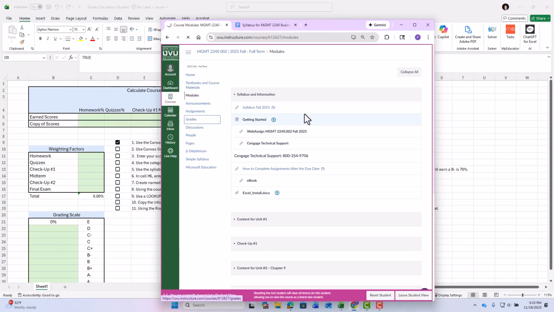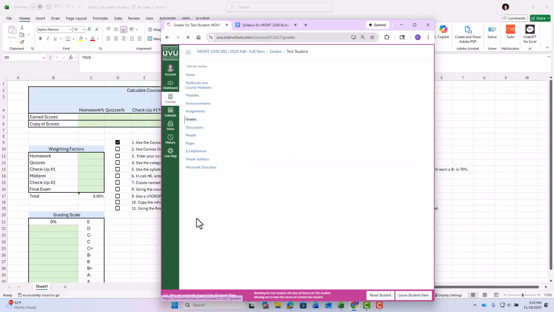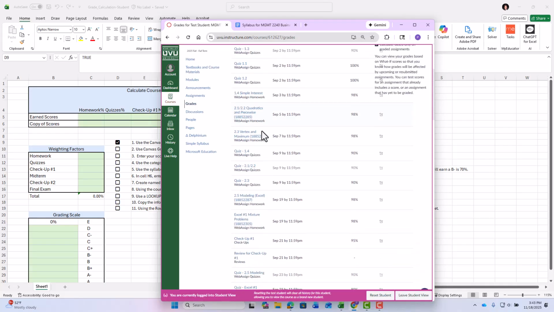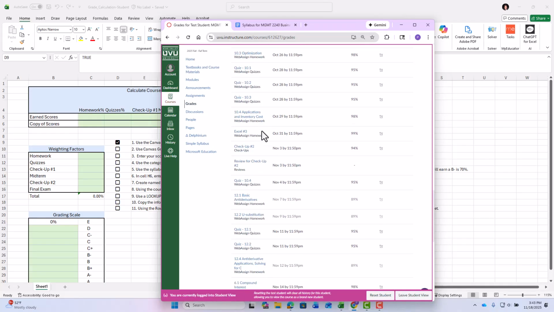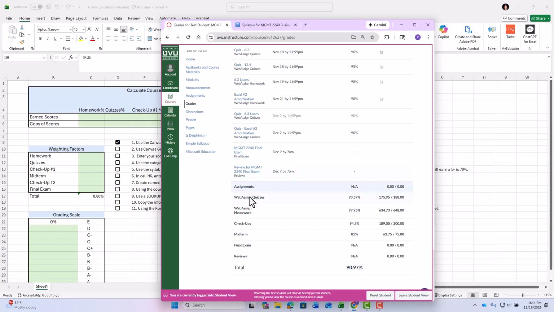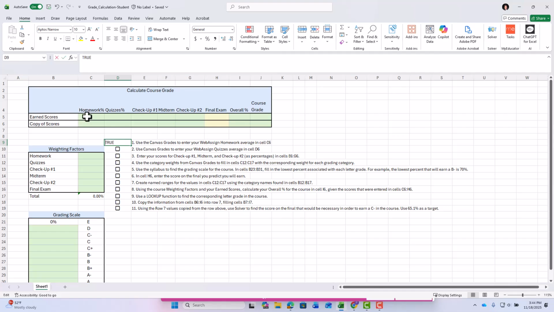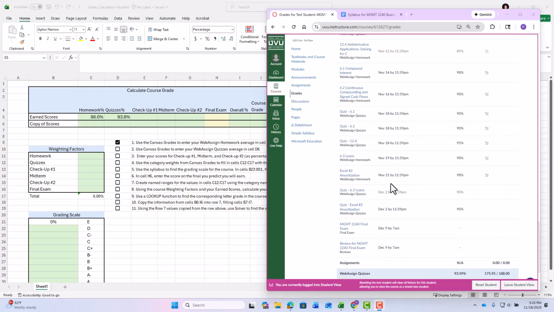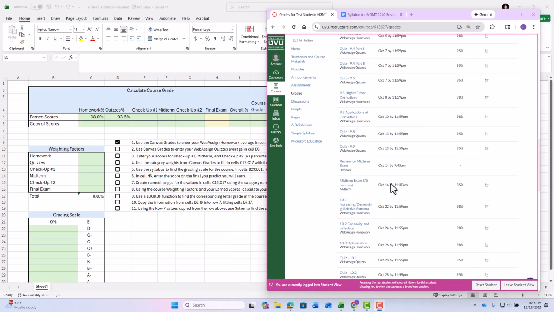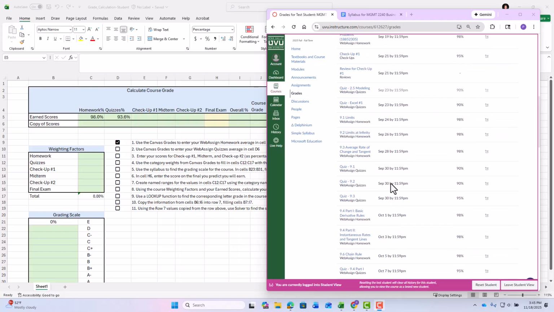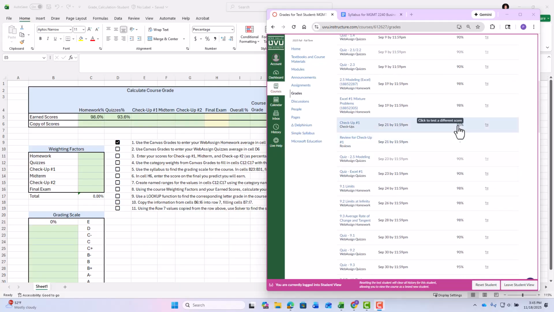Go to Grades. This gives all your individual grades, but if you scroll down to the bottom, then you have averages for quizzes and for homework. So get those numbers entered in for homework and quizzes. For the checkups, you'll have to scroll through your list of individual scores. Here's checkup number 1,